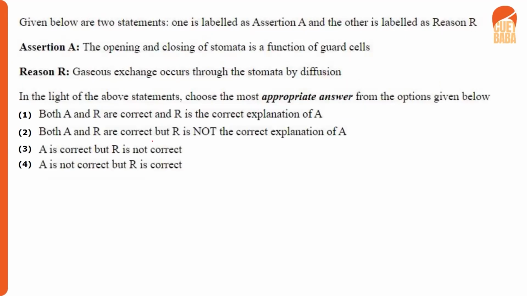Again, a question of assertion and reasoning. Now we are given 2 statements. The opening and closing of stomata is a function of guard cells. Gaseous exchange occurs through the stomata by diffusion. So in this case, if we consider our statement as correct, we have a reason. Now, it is somewhat justifying the statement, I feel, but it is not completely justifying it. So I feel the answer again here is 2. Both A and R are correct, but R is not the correct explanation of A, which is the correct answer